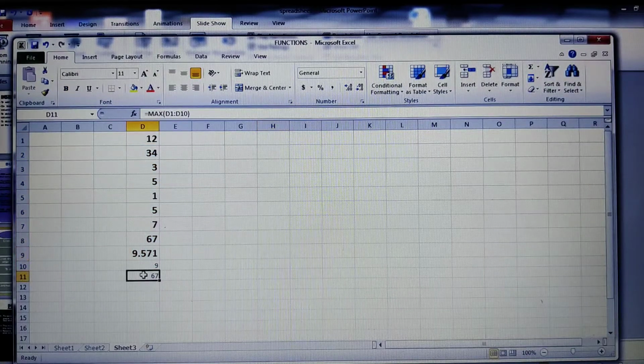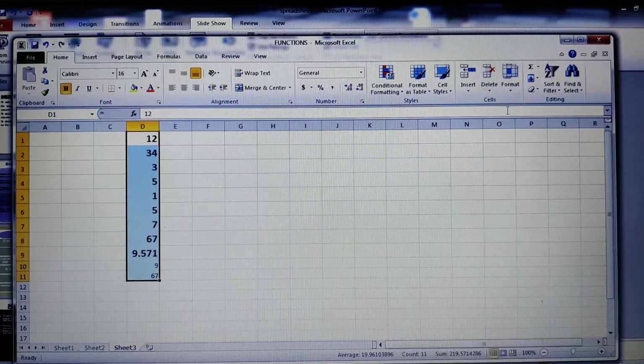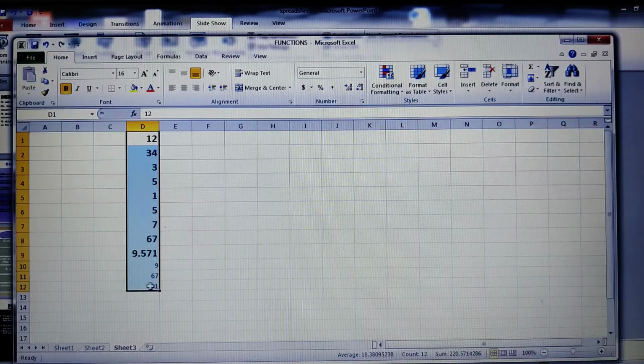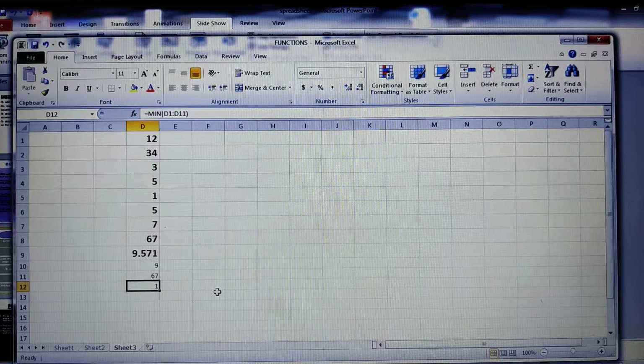You got 67 as the maximum. See here, the AutoSum option will automatically insert the function and automatically select the range of cells from D1 to D10, equals MAX. That's an inbuilt function. Similarly, for the minimum value, take Minimum, 1 is your minimum value. Like this you can use all the options related to AutoSum.